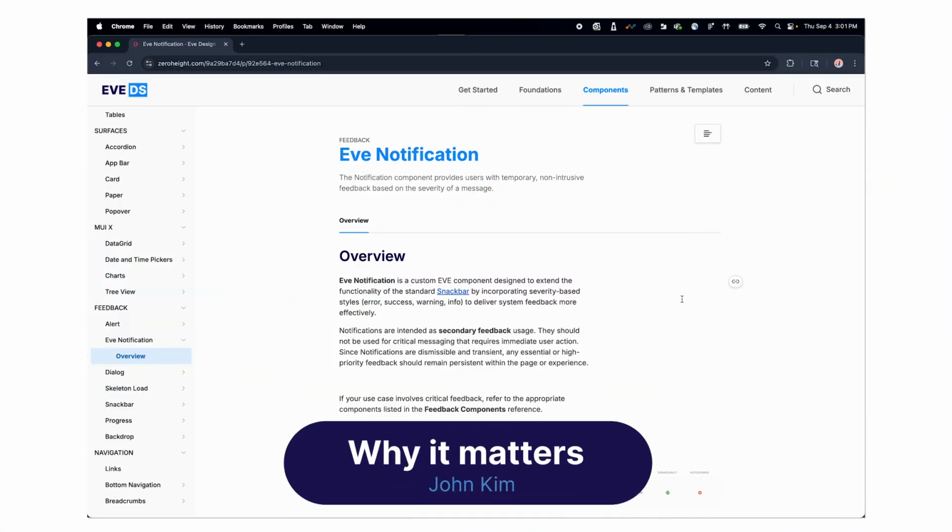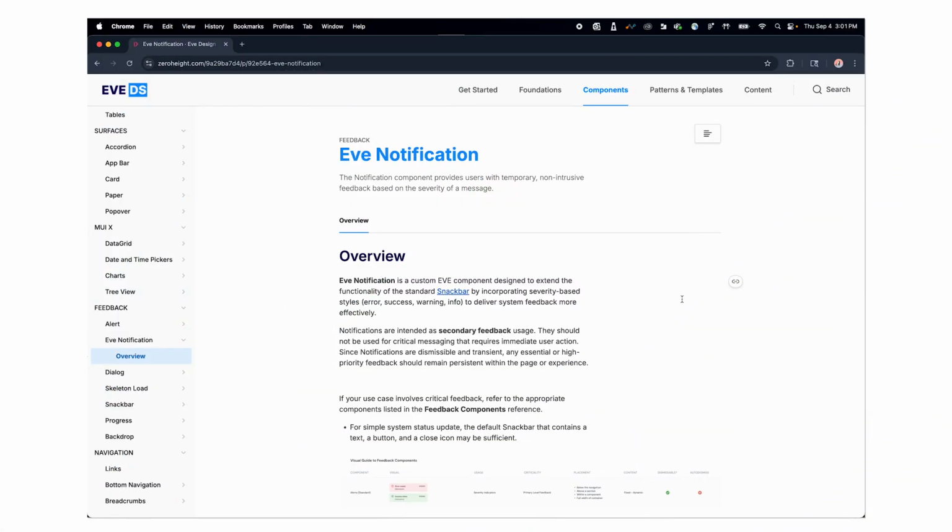Hey everyone, I'll be going over the new notification component that Eve has put together. It'll be living under the feedback section over here. One of the reasons why we wanted to label it as an Eve notification component is mainly because we want